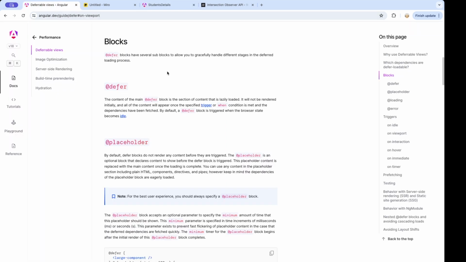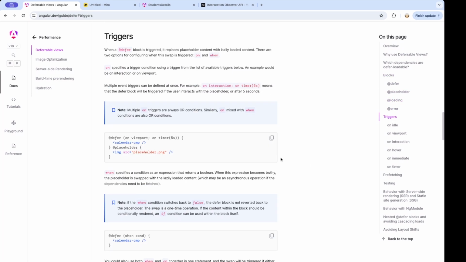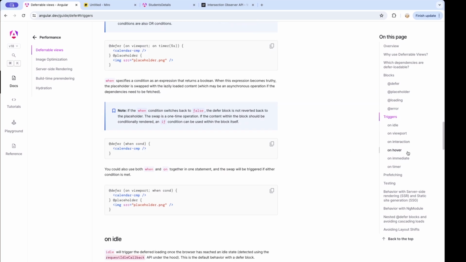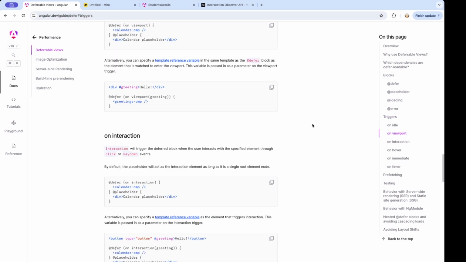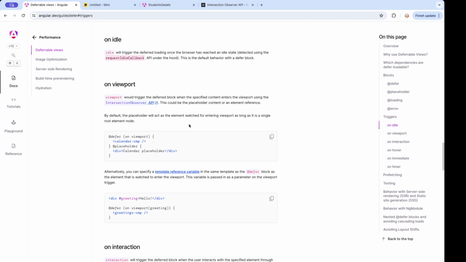So triggers, I believe you may be good enough to understand what triggers are. We have spoken about a few triggers, which are on idle and on viewport. Now we can talk about on interaction, on hover, on immediate, and on timer. If you look at all of these triggers, they are very much self-explanatory, and you can just read about them and then make use of these. Here in the viewport, you can also see that it is part of an